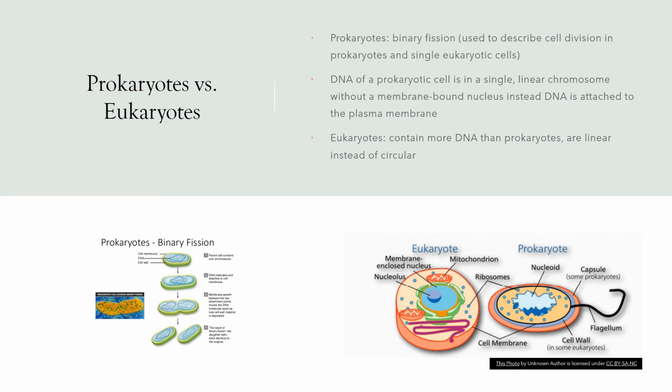In prokaryotes, DNA is surrounded by a cell membrane within a cell wall. The first step contains 1 chromosome. The DNA is then replicated and attaches to the cell membrane. Right here, DNA is replicated and attaches to the cell membrane in step 2. The new cell wall is then established, and the membrane growth between the 2 attachment points increases. This causes the cell to separate independently into two portions, as we see in the last step here,